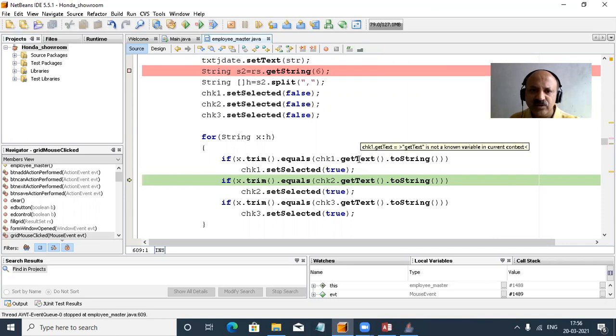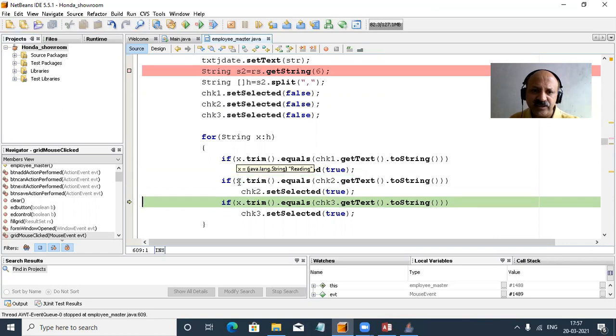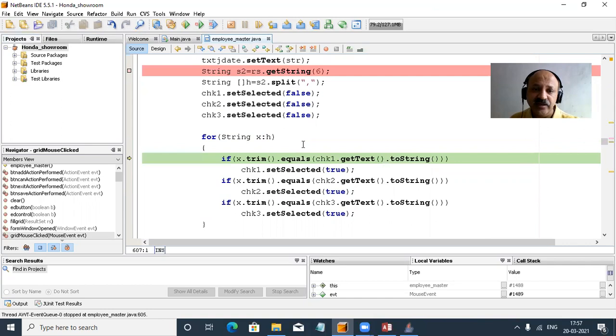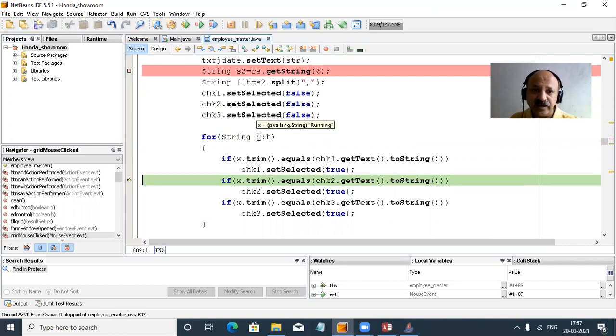So yes, that is not a comparison, it jumps directly. And here, yes, that is reading, but that if condition is false, and here also false, because reading is the perfect way, but the equals method does not check against our text chk1. So now the second hobby is selected. Let us check. I run that. Now you can look here running, and now it is perfect. So here it is selected. Yes, let us check.